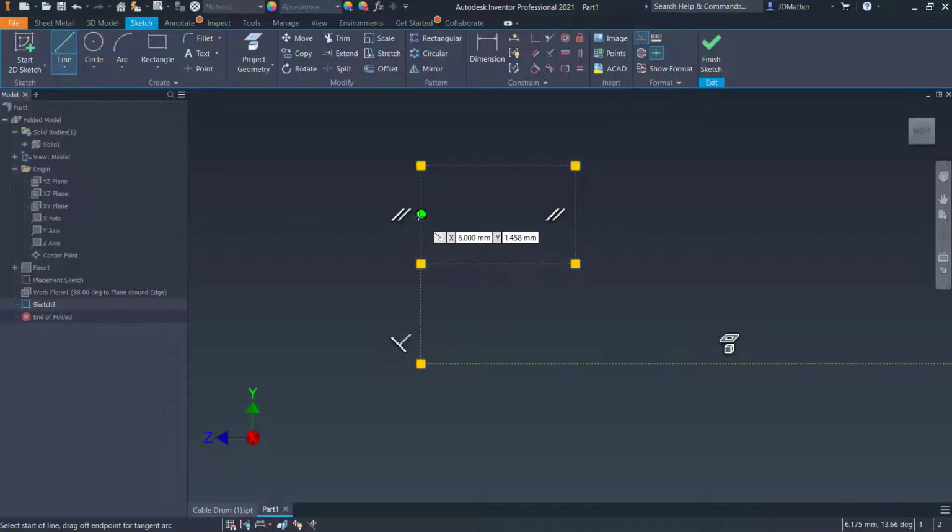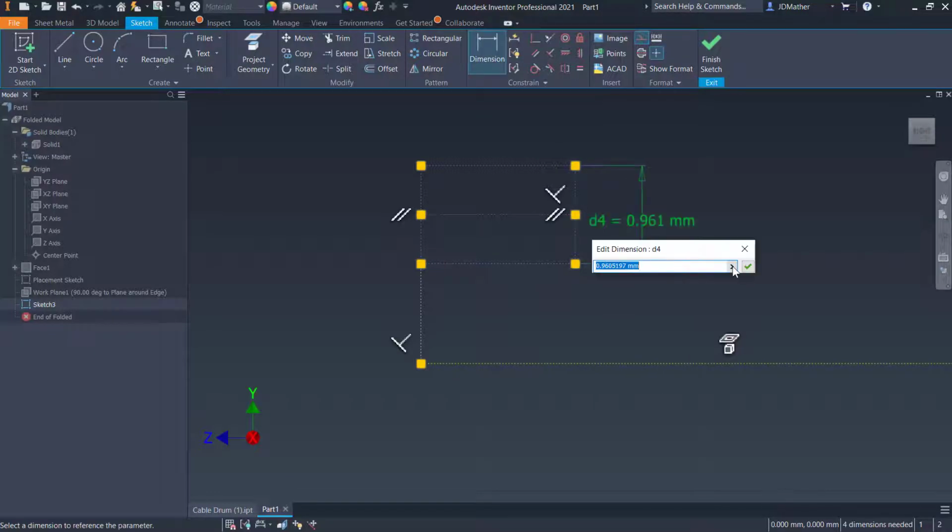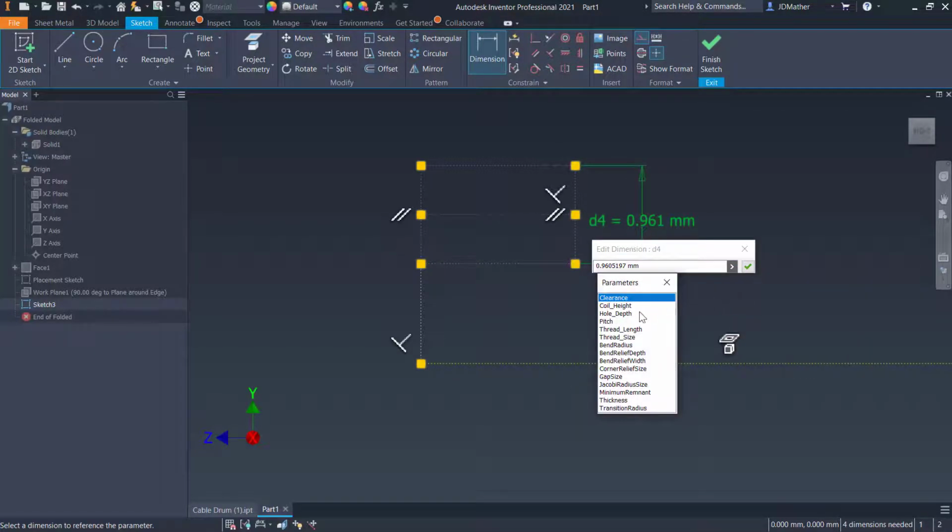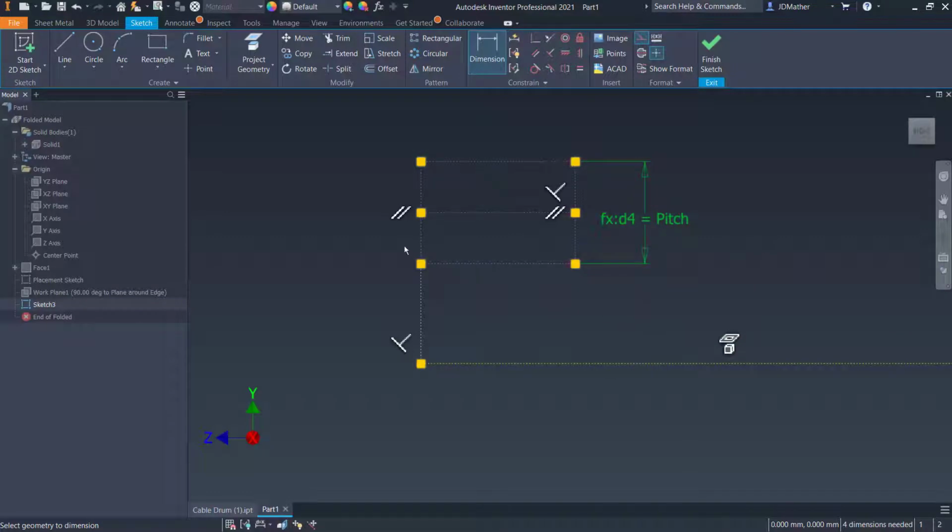I'm going to draw a line from the midpoint of this line over to the midpoint of this line. I'll make this line perpendicular to either this one or to this one. So I'll do perpendicular this line to this line, and then I'm going to dimension this line, and I'll dimension that as the pitch. And then I'm going to drag one of these points down, and it might be easiest to turn off the constraints here. So if I drag that down, notice if I drag this, that what happens on this side of the line